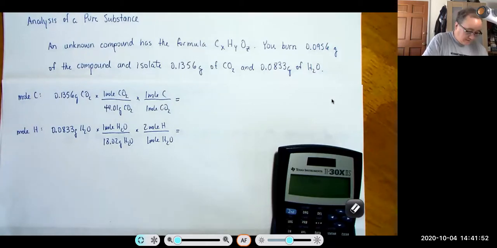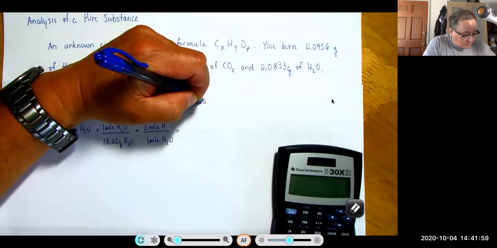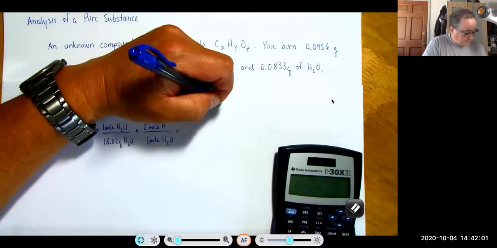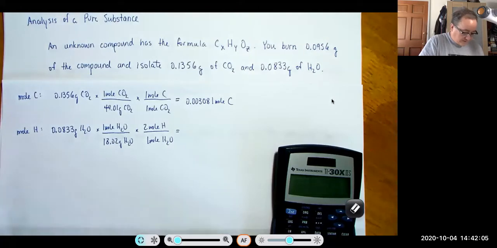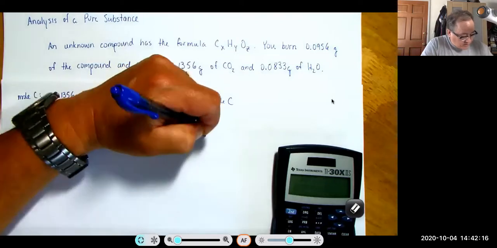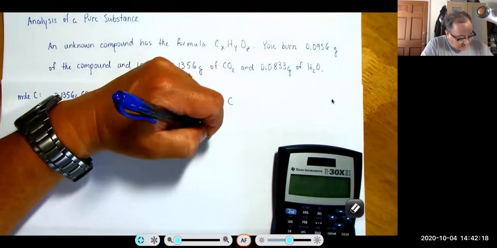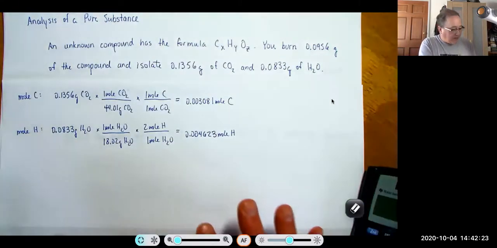0.1356 divided by 44.01, and we get 0.003081 mole of carbon. And here we get 0.0833 divided by 18.02, and we get 0.004623 mole of hydrogen. Now, one of the things that math teachers hate, and I really don't like either, is